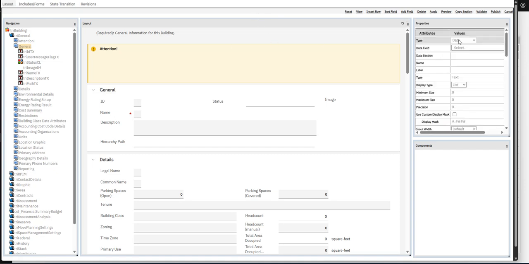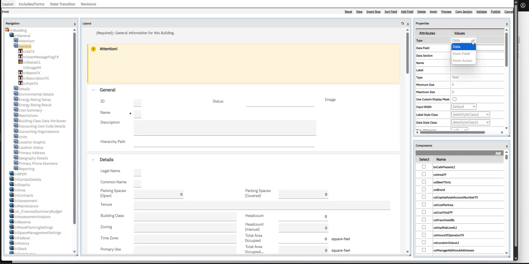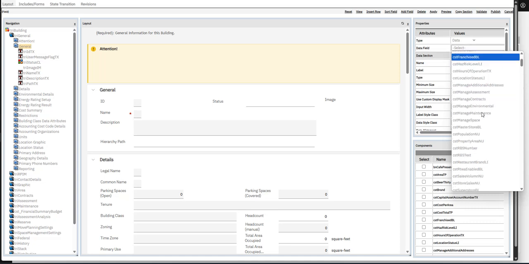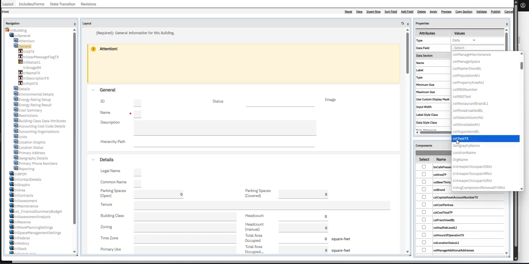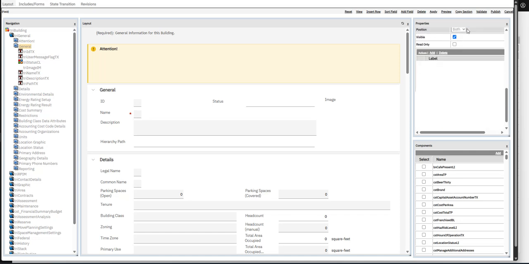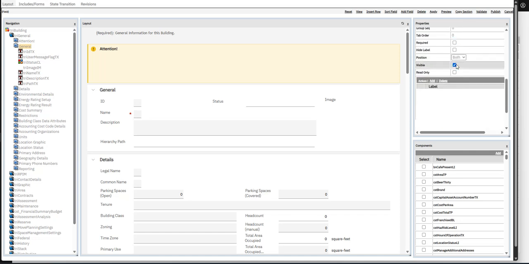With the add of a new field in general, it will give us the information about which type of field we have here. You can also, of course, create action or field forms, but in our case, we will go on the database, on the data level, and then select from here the data field which is mentioned. We have to create the CSD test text TSC. And you see also the label we can now, if we want, rename. It depends on how we want to do it. And everything else can be there. We can also make it visible or not visible, readable, or also updatable. So in our case, we want to also use the field. If we apply it,